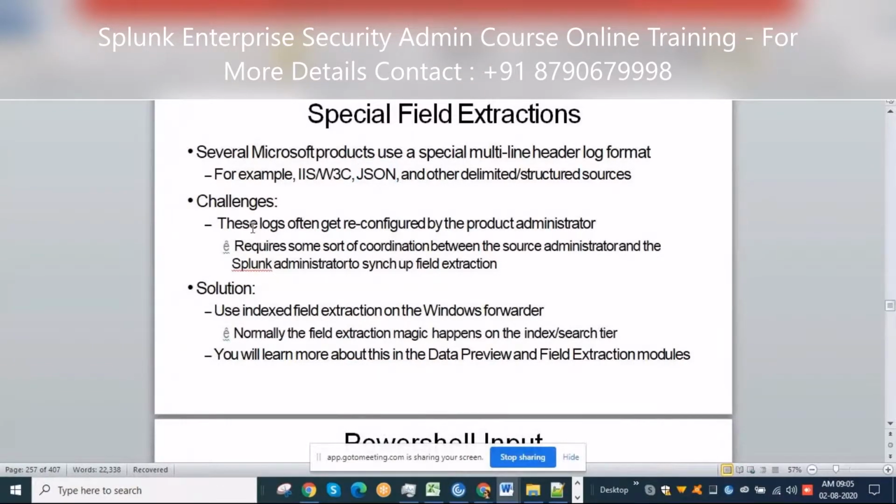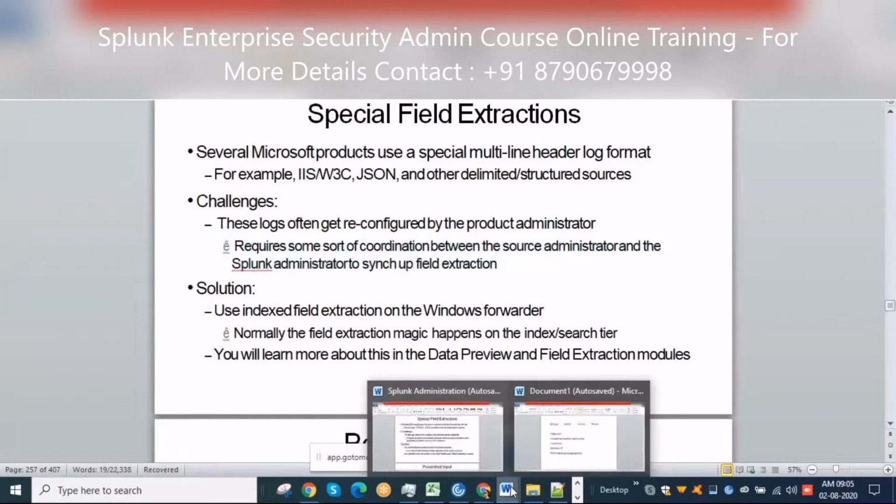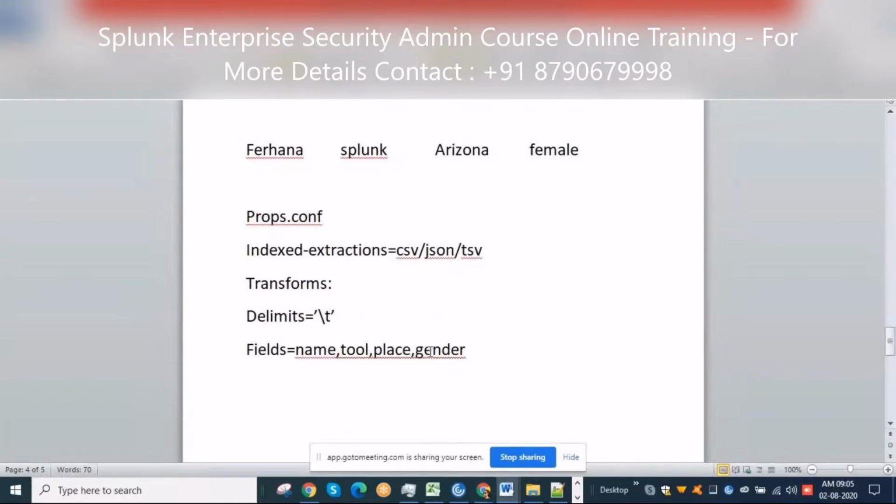Otherwise, you can save that file through the UI itself. And challenges. If you see the challenges, these logs often get reconfigured by the product administrator. He can reconfigure the things. It requires some sort of coordination between the source administrator to sync up the field extractions. For field extractions, definitely you'll need to contact the product owner, because I'm having these many fields in my logs, and the fields are mainly used by the product owner.